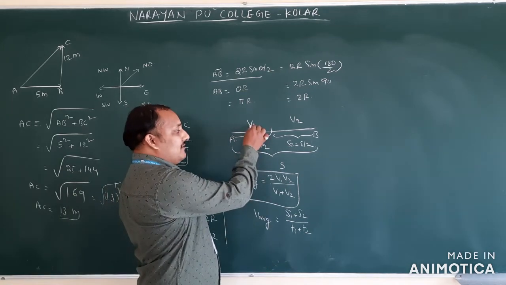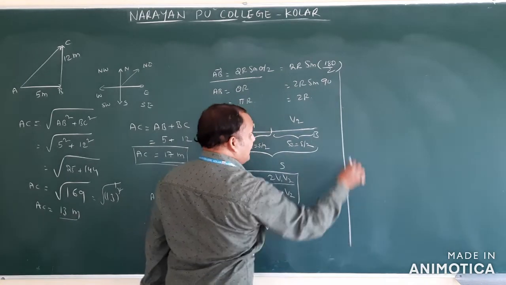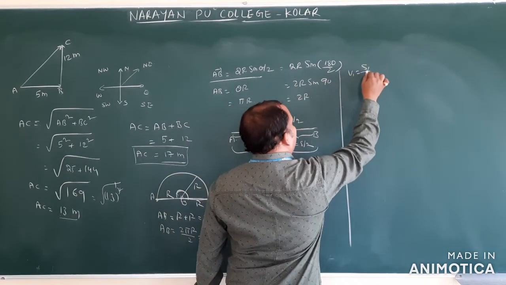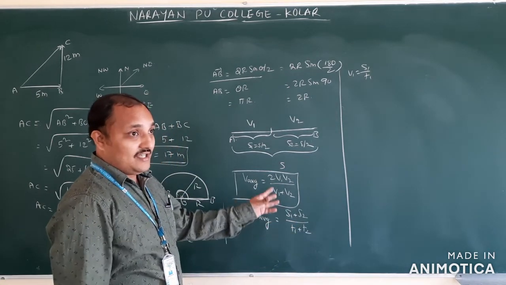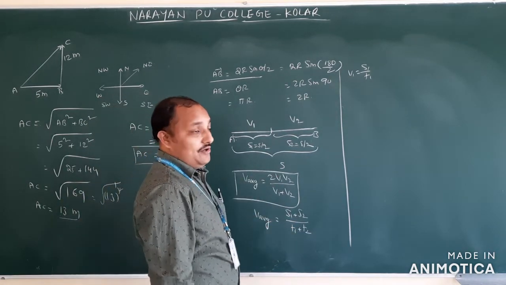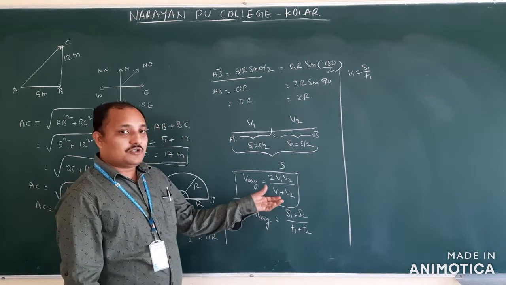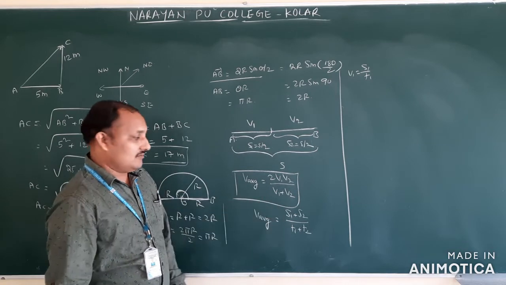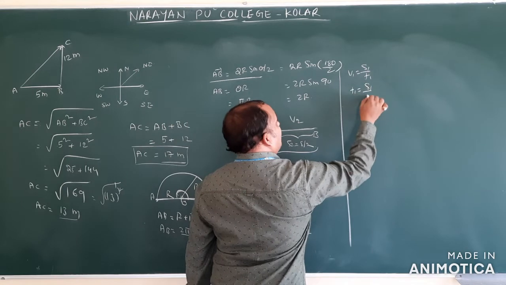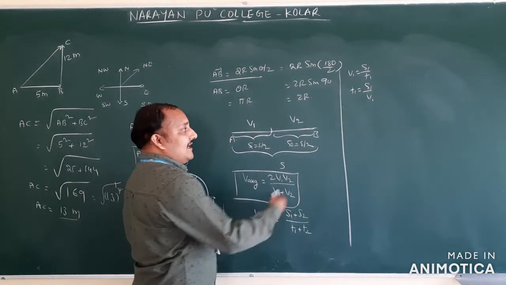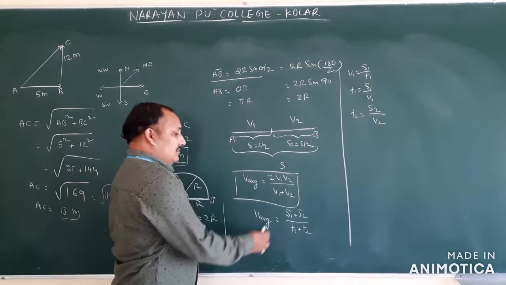They gave V1. The V1, S1, T1 relation is there in PU. V1 is equal to S1 by T1. Already we derived this equation during the PU class and I think it will be there in the second video. Already you have written it in your notes. Why I am giving it now is that solving B and C will be easy for you. So once again I am giving it. Then T1 is equal to what you got? S1 by V1. Like that, T2, how much will you get? S2 by V2. Substitute here.